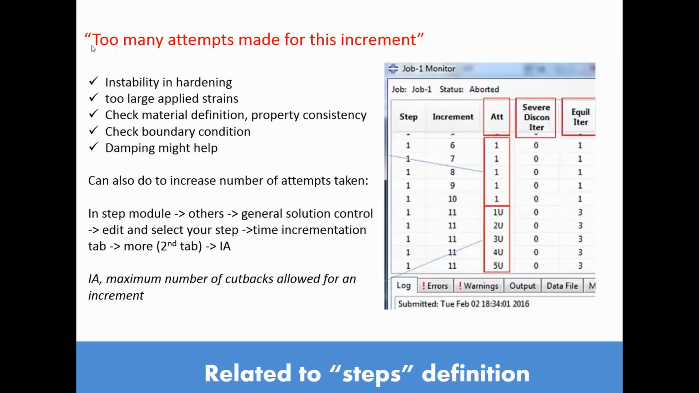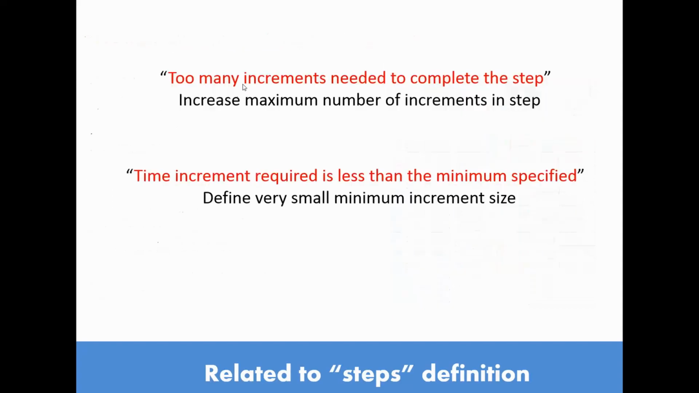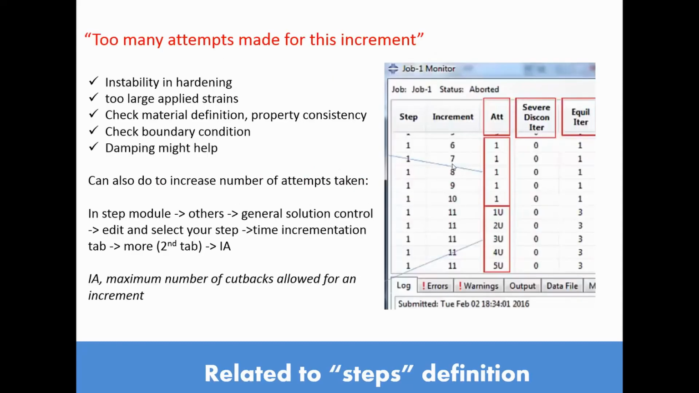So far we have tried to tackle this particular error message of too many attempts. We have literally eliminated these 2 errors, so that they will almost never happen, by reducing the minimum time increment and also by increasing the maximum number of increments. But for this error, of course, we made an attempt to eliminate it by increasing the number of cutbacks, but it is not certain that eventually you will get a convergence of your job, because there is a root cause,